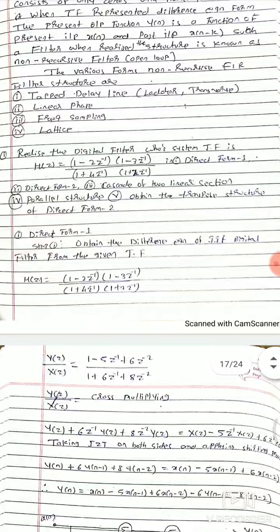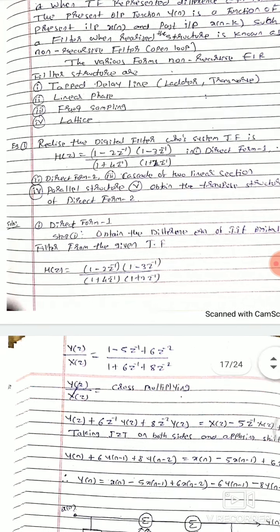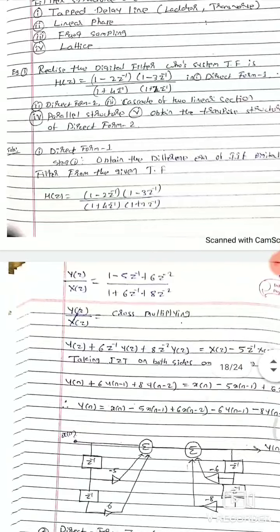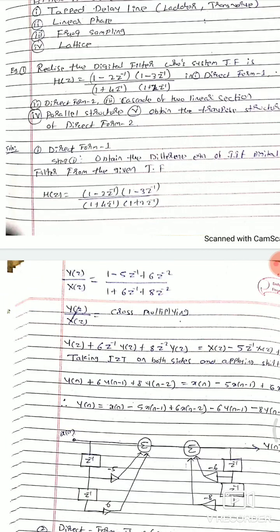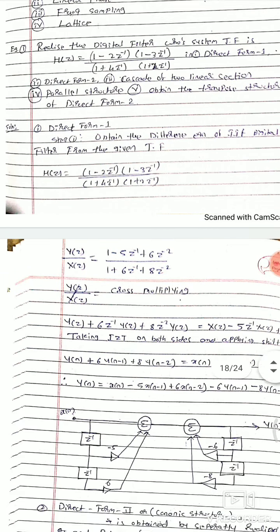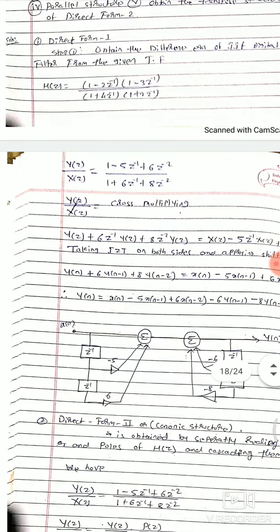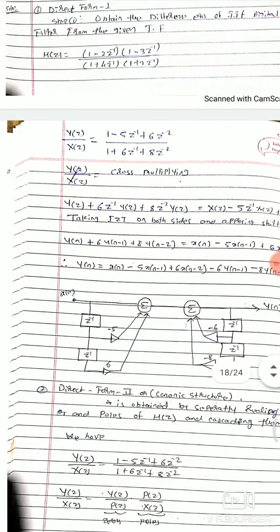Right, so first is IIR we have seen. Transfer function is given, one example is given. In direct form 1, direct form 2, cascade, and all the forms which have been listed there, right? So this is the equation given. For direct form 1, it is kept as it is. So this H of z can be written as y of z by x of z equals 1 minus 5 z inverse. You simplify this and write this: 1 minus 5 z to the power minus 1 plus 6 z to the power minus 2, over 1 plus 6 z to the power minus 1, 8 z to the power minus 2.